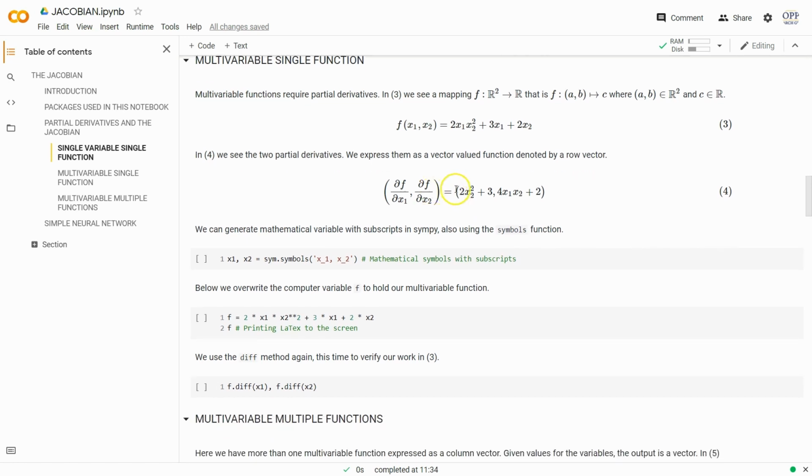And that's what we see in 4. So we have the partial derivative of f with respect to x1, comma, the partial derivative of f with respect to x2. And what we end up with is this little row vector here, in as much as we now have two values. And taking a partial derivative, of course, you just treat all the other variables